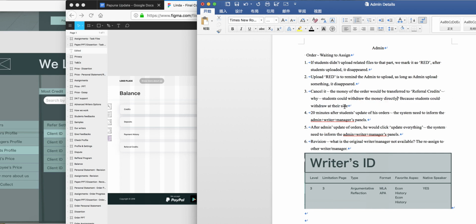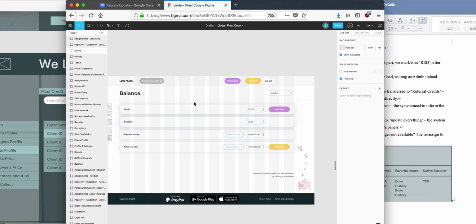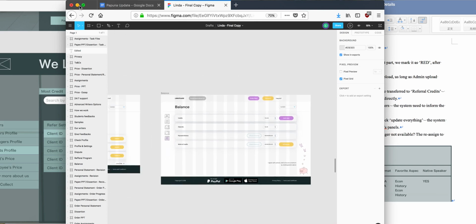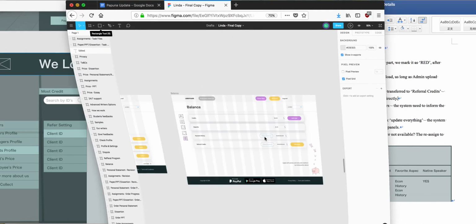Directly. That's why. So the money will not transfer to this one. Okay, transfer to the referral credits if we cancel the task. Okay, then, all right. As you noticed here,